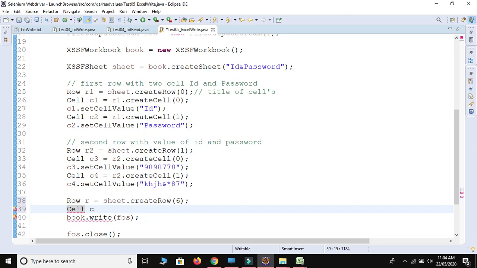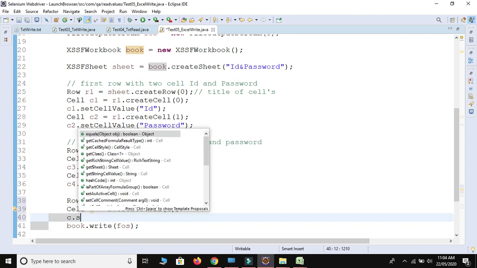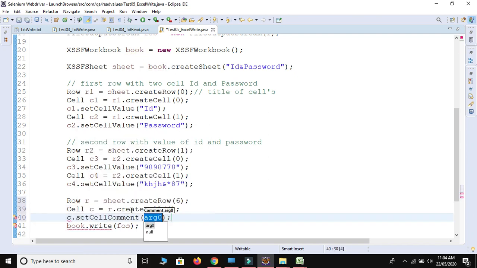C is equal to r dot create cell at 4th index, and then I will set some value. C dot set cell value, and I will provide Selenium automation testing. Control Shift F, Control Save.